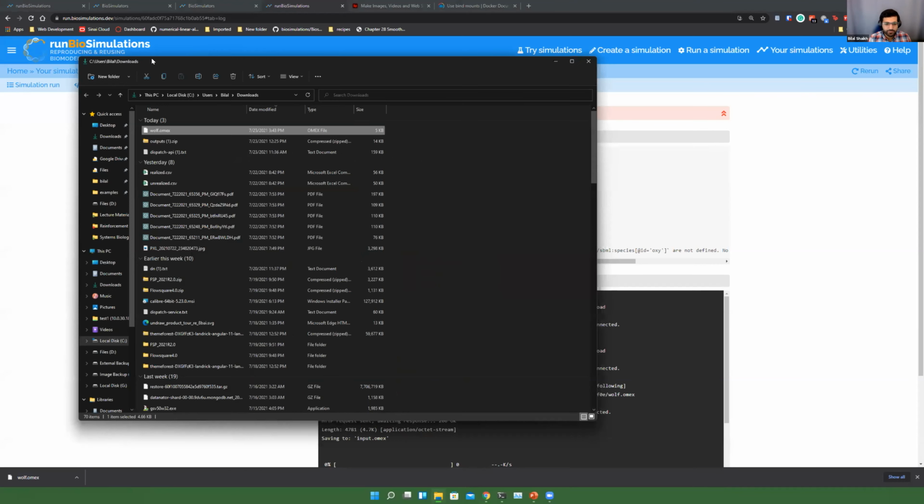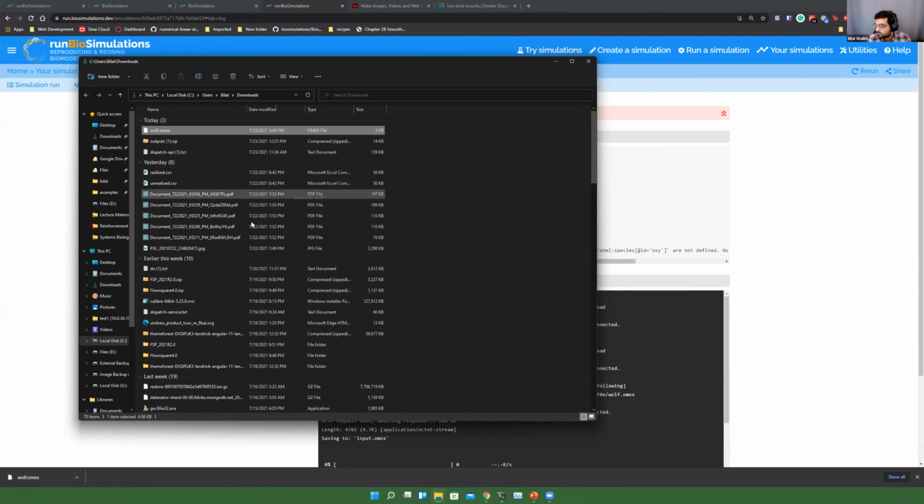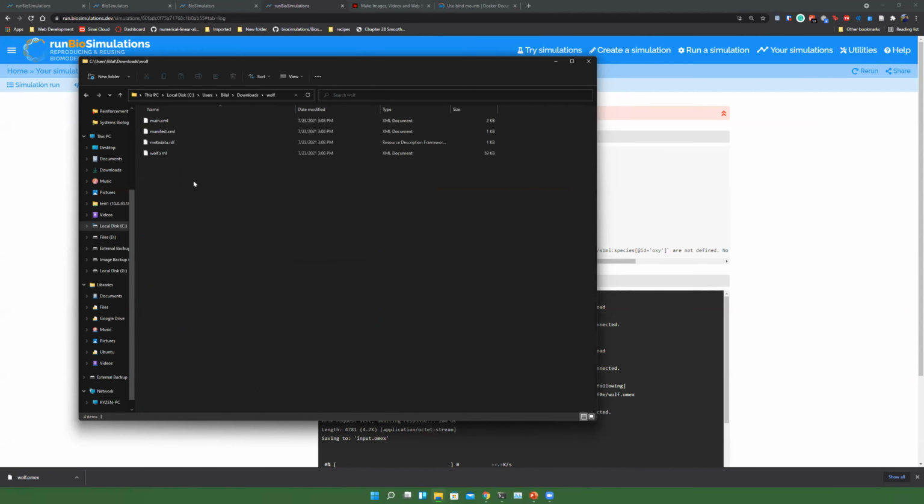And I don't know if this was mentioned yesterday, but OMEX archives are essentially just zip files. So you can unzip them in the same way that you can any normal zip file. Now, unfortunately, Windows doesn't recognize the file, so you'll need either a command line or something like 7-Zip. Or you can just rename it to .zip. That's probably an easier way to do it.